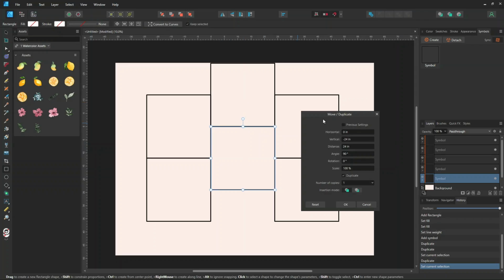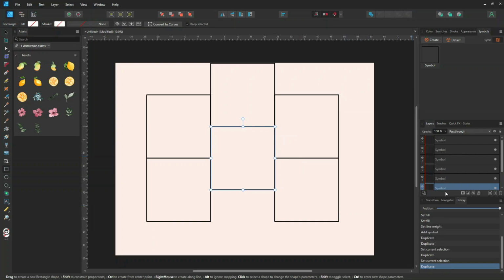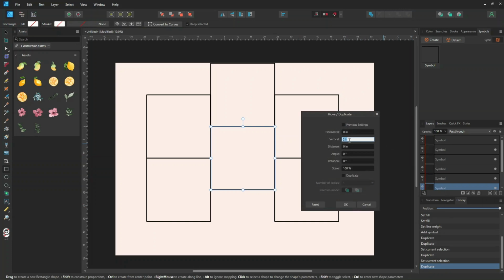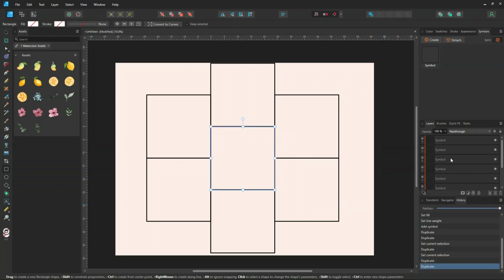So minus 24 moves it up, and make sure you create the duplicate, hit OK, and then one last time, enter, vertical plus 24. In the vertical, create a duplicate and hit OK. Okay, so now you have all the instances of that same symbol